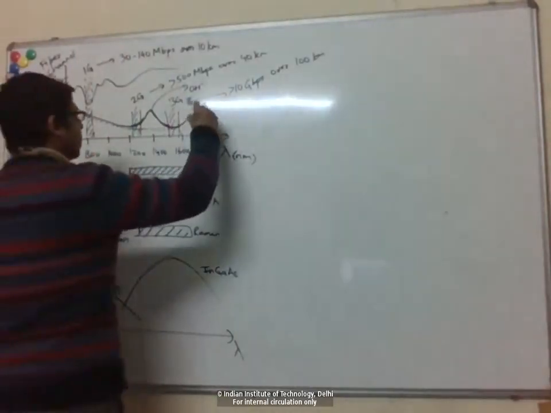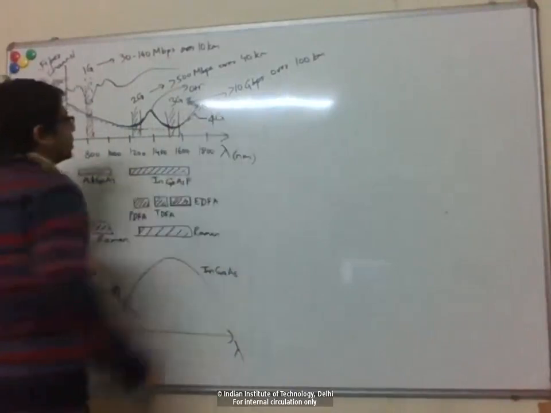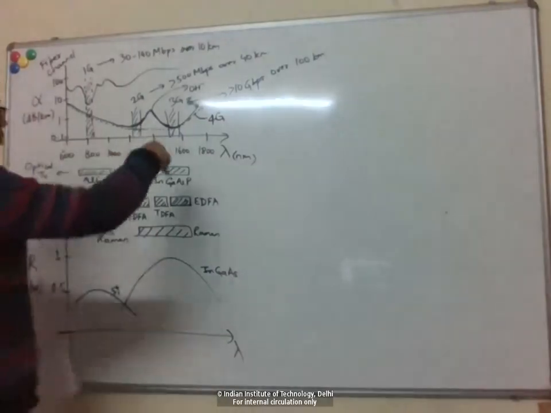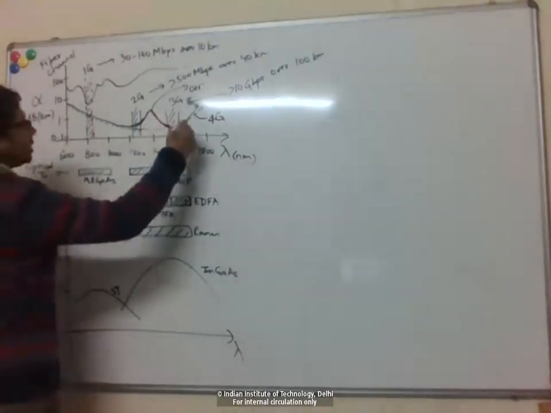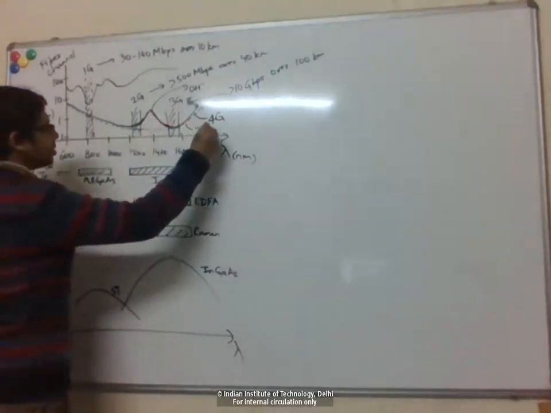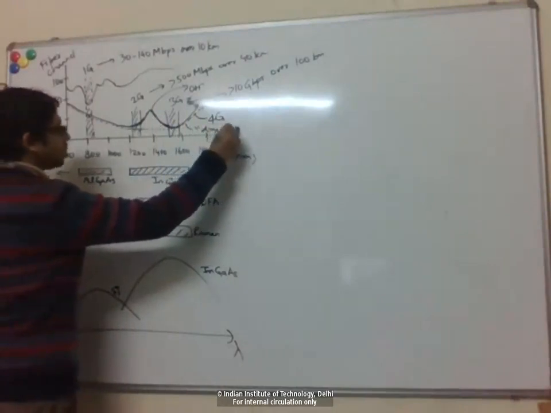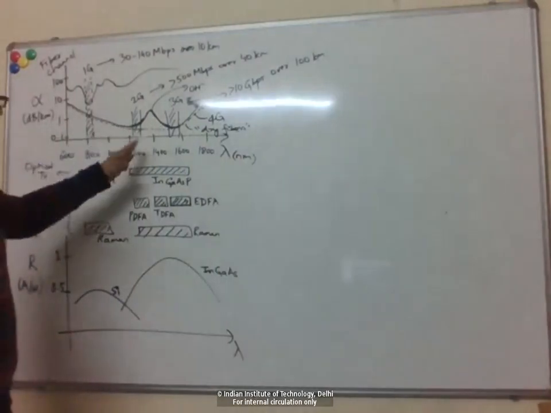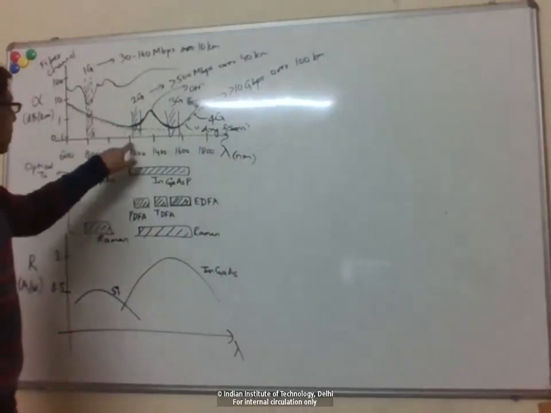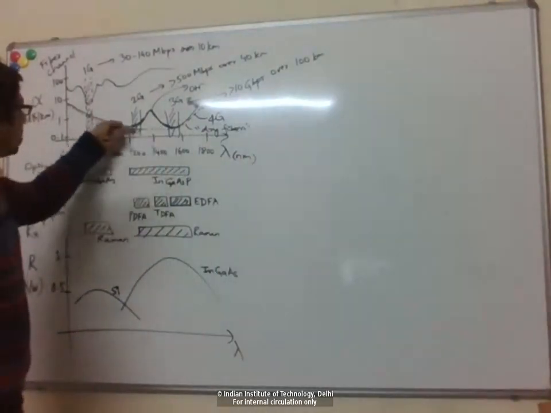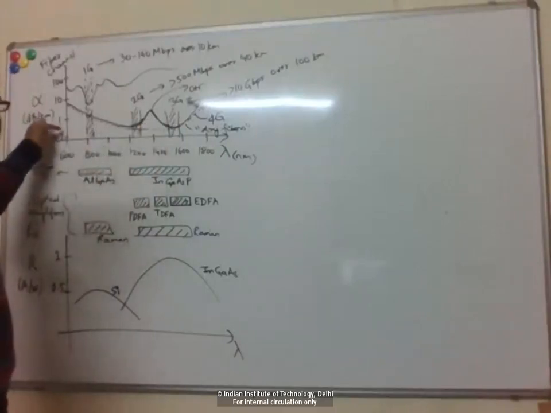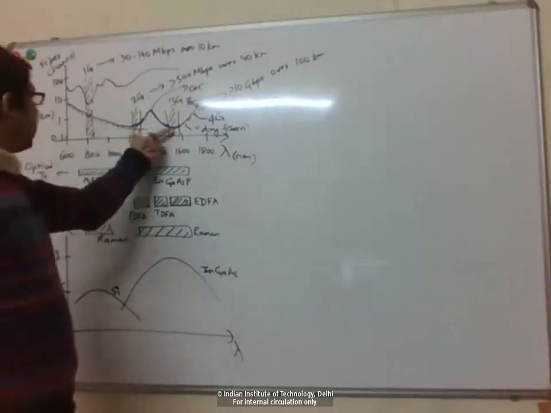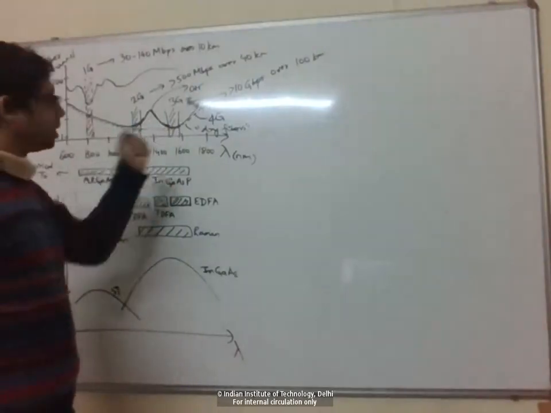Okay, so you can call this maybe 4G. So 4G is basically these so-called dry fibers. Okay, where the loss is low over this entire range from, let's say, 1200 to 1600, the loss is less than 0.5 dB per kilometer. Okay, so now we can use this entire wavelength band from 1200 to 1600,